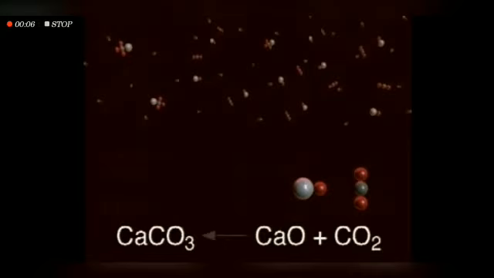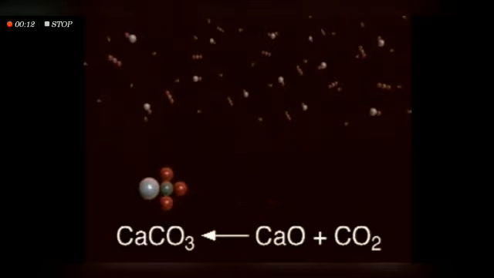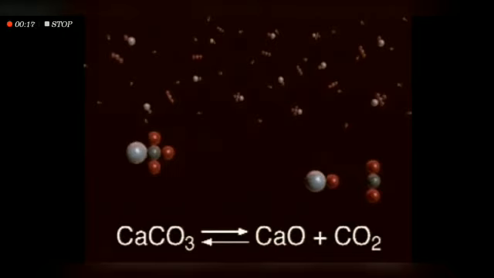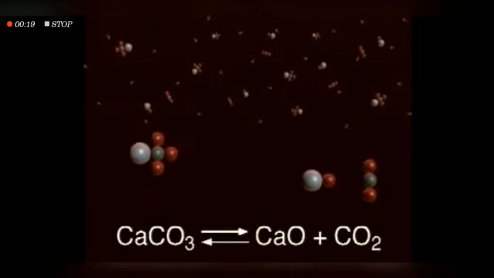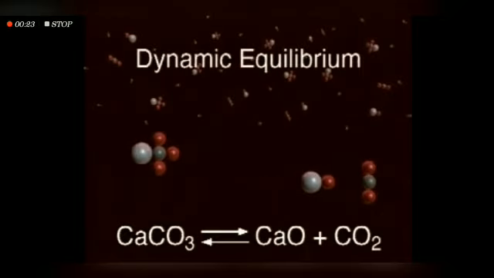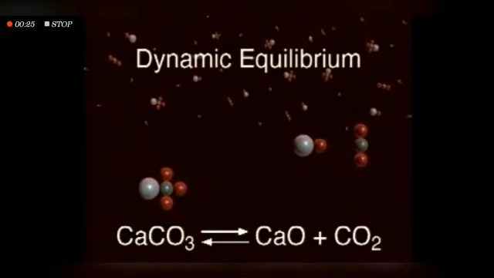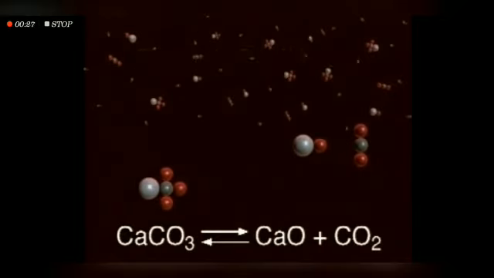Consider another example, which is the reaction of calcium oxide and carbon dioxide for the formation of calcium carbonate. It is a forward reaction. When we will have more calcium carbonate, this calcium carbonate will be converted back into the reactants calcium oxide and carbon dioxide, and this will keep on moving until we achieve dynamic equilibrium. But this reaction should be happening in a closed container, because in an open container, carbon dioxide will move out and we cannot achieve the dynamic equilibrium in such a situation.